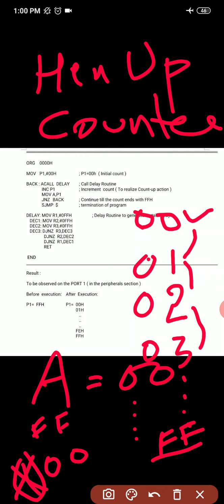So once FF is reached and we increment again, we will get the next value as 00. Again the count value will start from 00, 01, 02, and the same cycle repeats continuously. Here we are going to display these hex values on port 1.